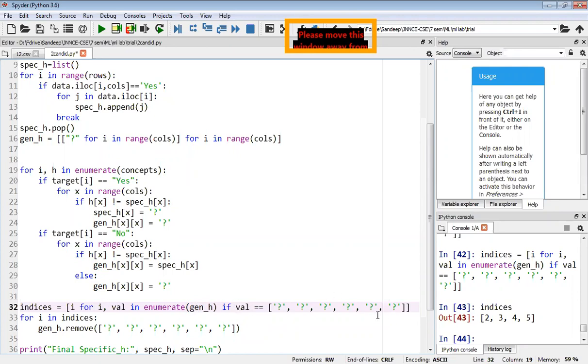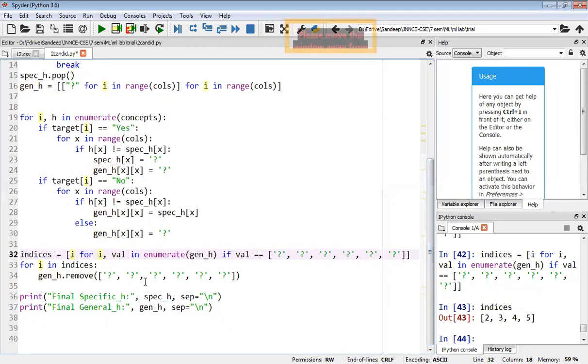If all six values are question marks, then return that index value. Wherever you find this condition true while running the for loop, you return the i value. So indices is a list which will have the row values of all those question marks.